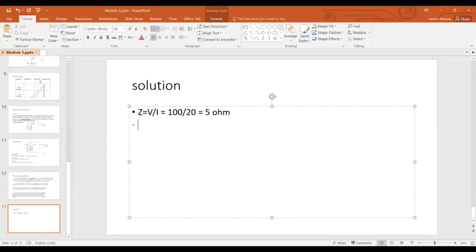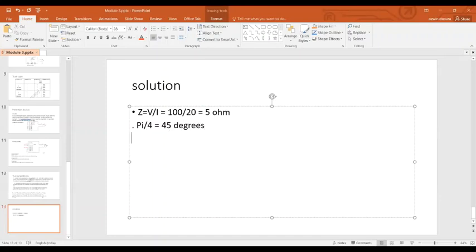So that is your Z. Now you can think of drawing the vector diagram. Before drawing it, first you find out pi by 4 is equal to how many degrees? So pi by 4 is equal to 45 degrees,